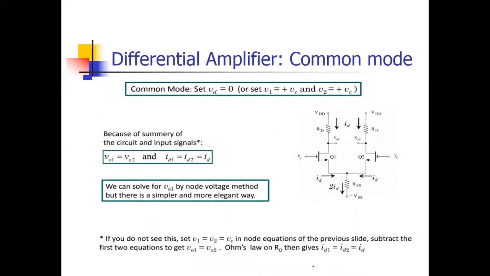Now, if you want to do common mode analysis, in common mode analysis, if you remember, both inputs are the same in magnitude and phase. Okay, both inputs are the same. If you want to do it for differential gain, then both inputs will be different. So for common mode, whether you are doing practical or any calculation, remember both inputs are the same. If both inputs are the same, both outputs will be the same. The current will be the same here: ID1 equals ID2 equals ID.